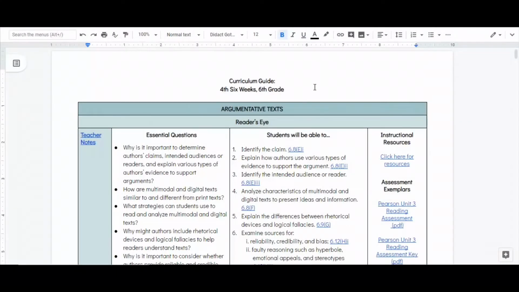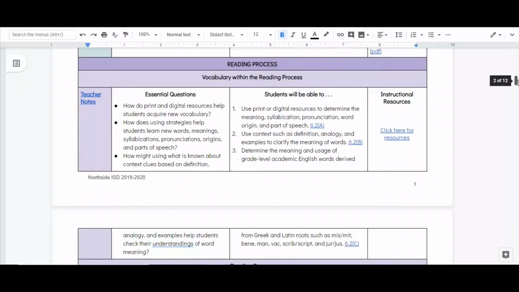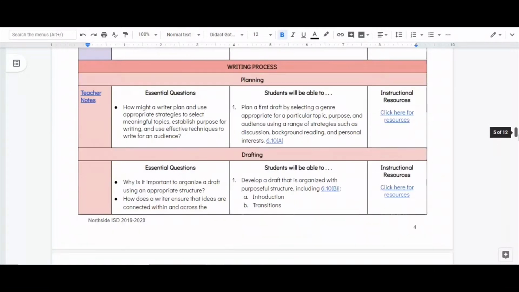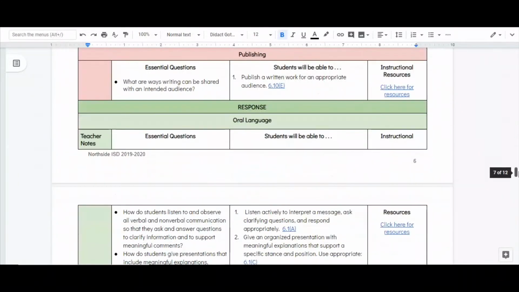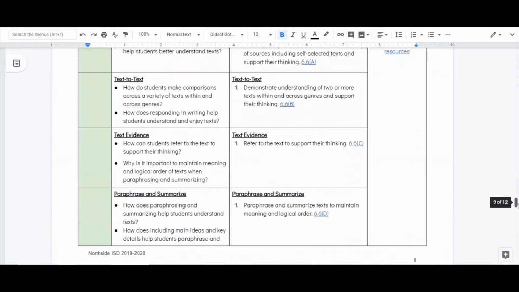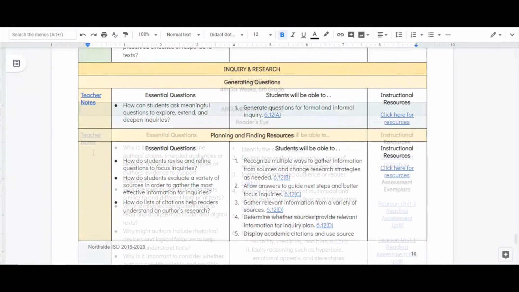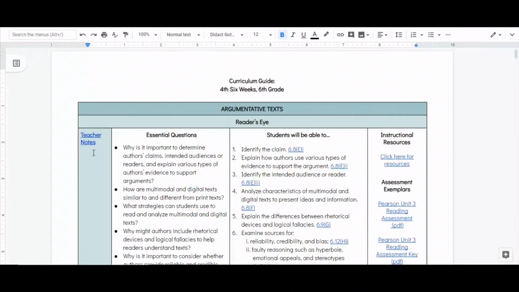With this new format, the curriculum guide is now all in one document. It is organized and color-coded as follows: the anchor text, reading process, writing process, response, and inquiry and research. The new format allows you to view the curriculum guide aligned from left to right, beginning